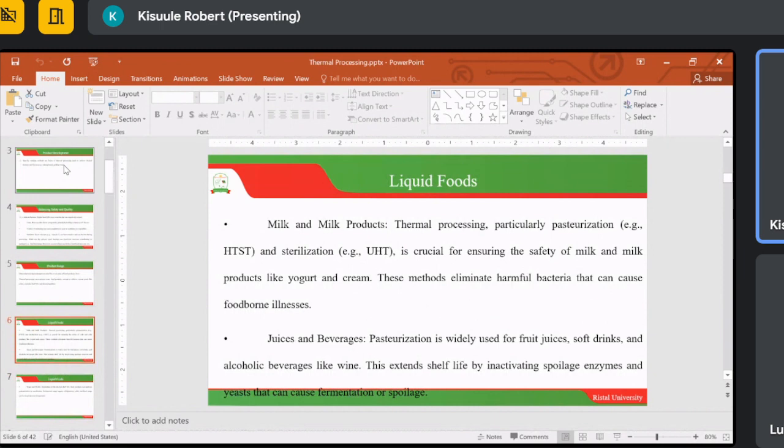Okay, now this is where we talk about the liquid foods. You remember when we were talking about drying, but now here in the heat treatment or thermal processing, we're looking at the liquid foods. Okay, liquid foods such as milk and milk products. And this is very essential for us to memorize, to understand. We are saying the milk and milk products, through thermal processing, particularly the pasteurization method, and also the sterilization or the ultra heat treatment, this is crucial for